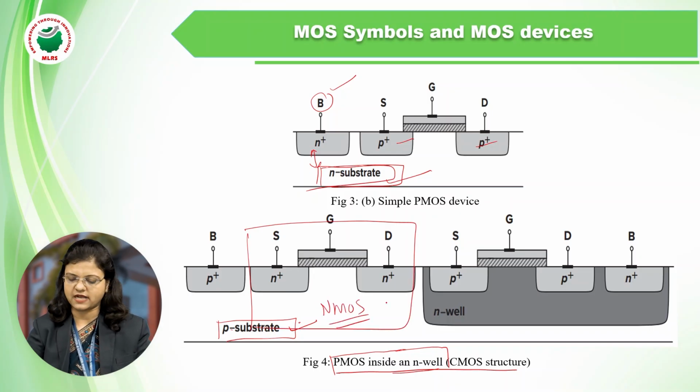But just consider that if there is no well, then what will happen? For PMOS, we have a P-type drain and source, and again if the substrate is also P, then it won't be a PMOS transistor. So for this PMOS, what is our requirement? Our requirement is that it should have an N-type